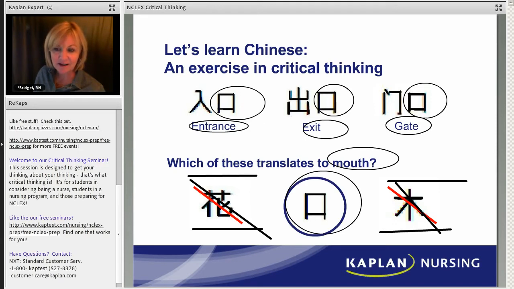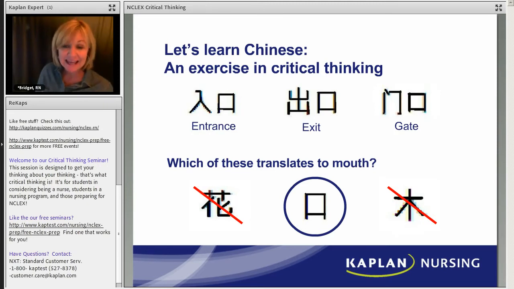All right? So that's what critical thinking is. Even though you might not know anything, and even though you might not even care about this, you have to think, what's the best answer here? What's the safest choice? If you can get over your frustration with this, because I know some people do get frustrated with this, you're able to see that this is critical thinking. And you do have to put these things together. Because sometimes you'll get a patient who's having a problem, and you don't know exactly what that is, but you know there's a problem, right?